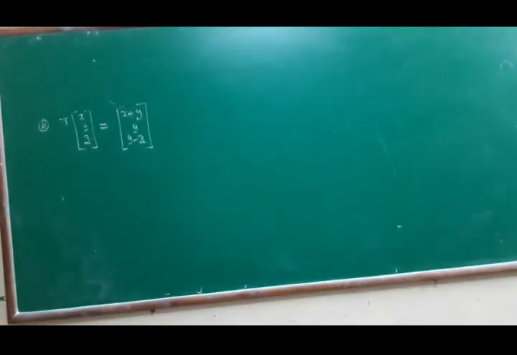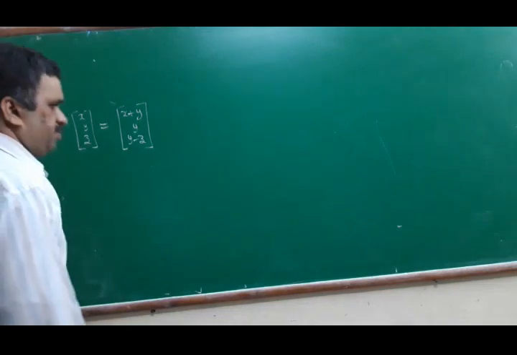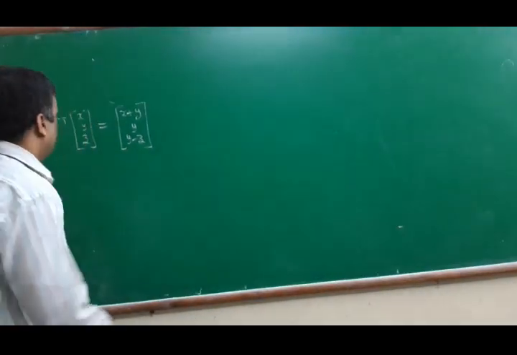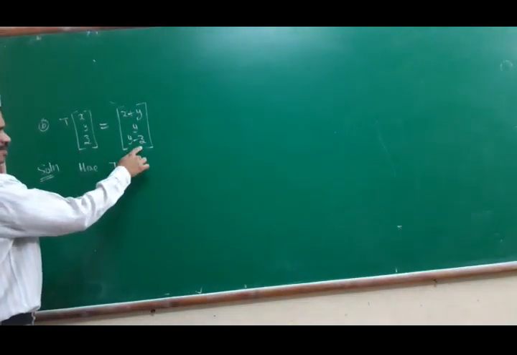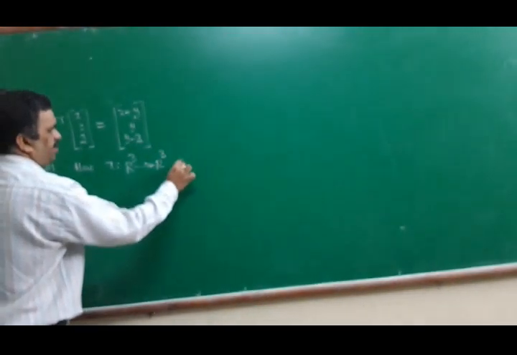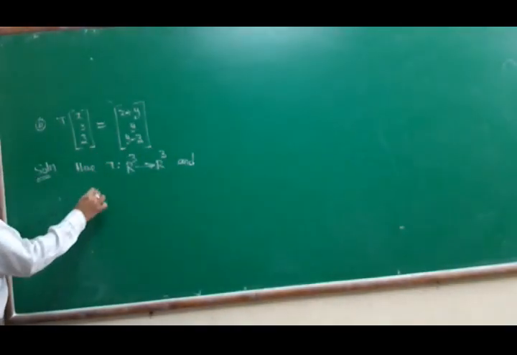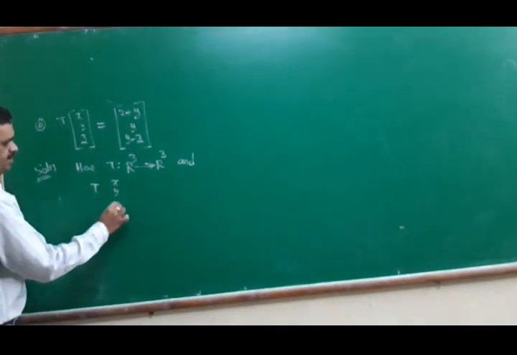T of x, y, z equal to x plus y, y minus z. We have to check whether it is a linear transformation or not. Solution. Here T maps from R^3 to R^3, three coordinates on each side, and one more condition is given: T of x, y, z